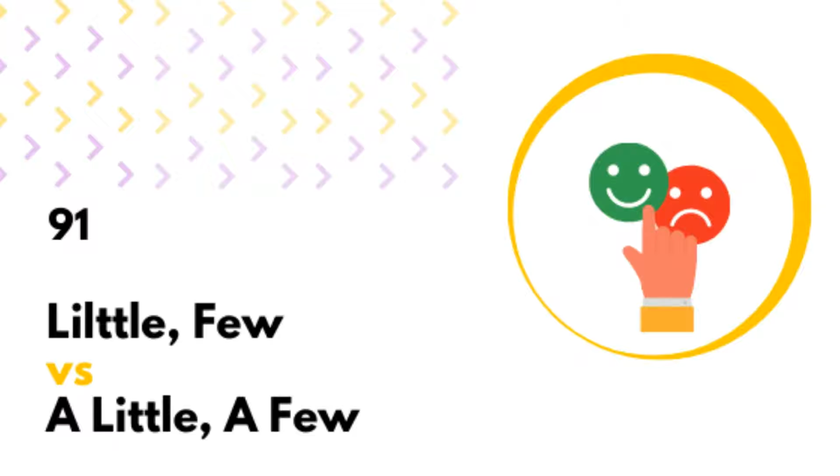One more example, this time with little. Have a listen. I have little time to prepare for the class. Did you hear that? I have little time. Not happy. There's not enough time for me to prepare for the class. The difference between few and little here is that you use few with plural countable nouns, whereas you use little with uncountable nouns. I know I said it before, but just to make sure. I have few friends, I have little energy. The glass is half empty for me. I'm a pessimist here, you know?